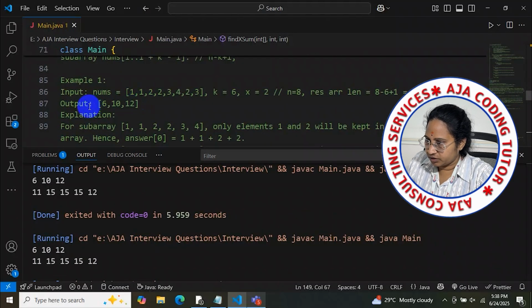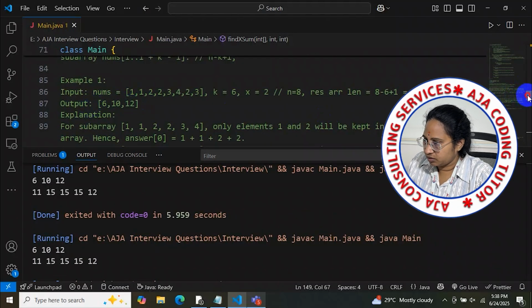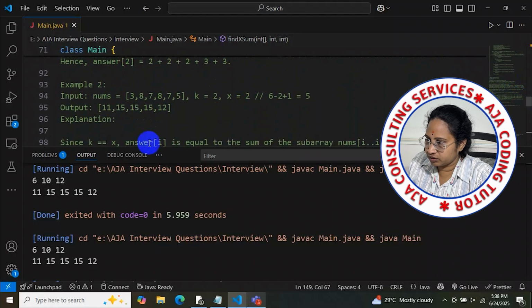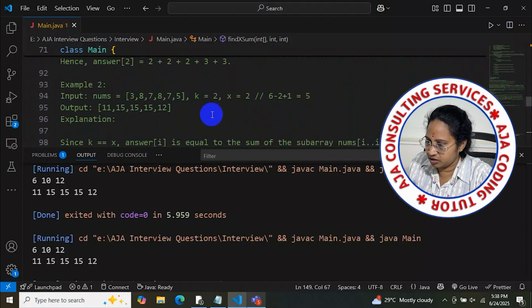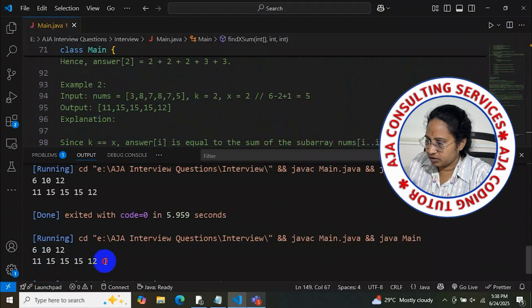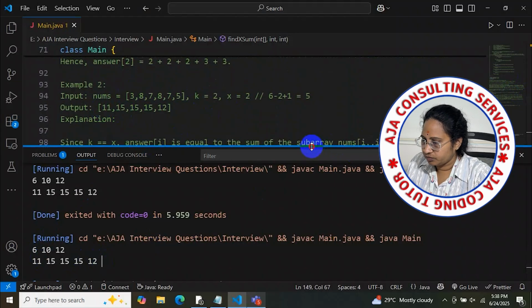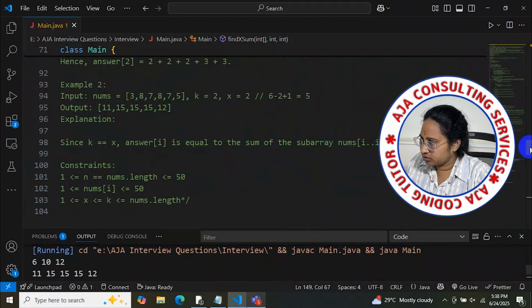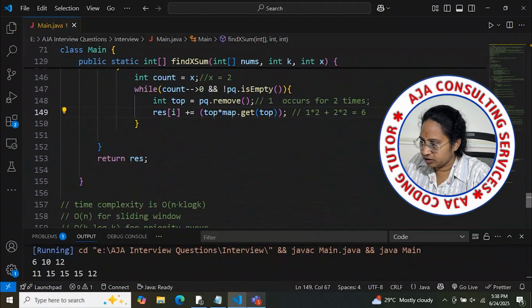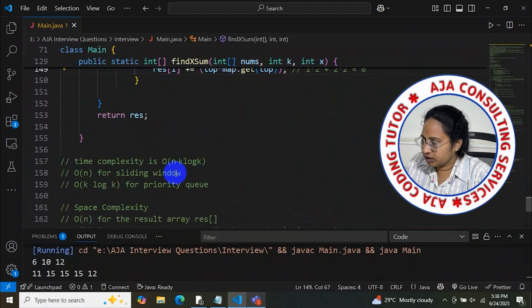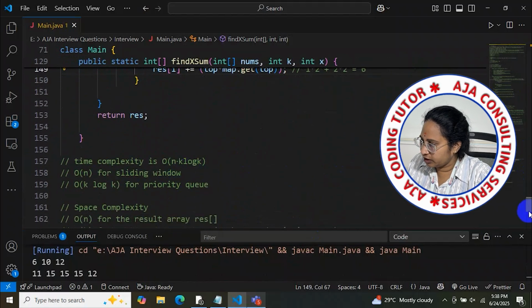This is the result of the first array. The output for the second array, which I have taken, is this one, which we got as output. And coming to the time complexity, here we are sliding the window, I mean we are iterating the elements